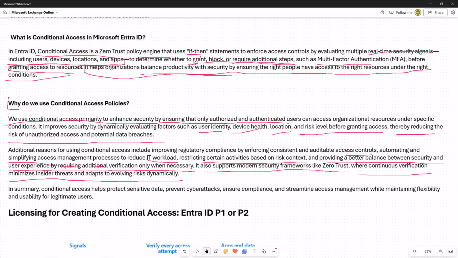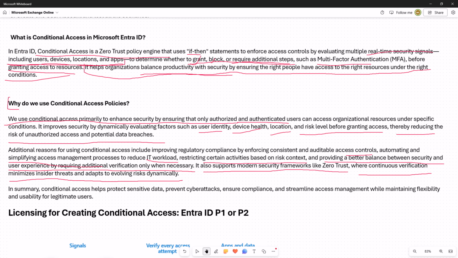And it supports the modern security framework, which is zero trust: you do not trust anyone until they fulfill your conditions. And these conditional access policies are auditable. How you can audit them, we will see in the demo part.